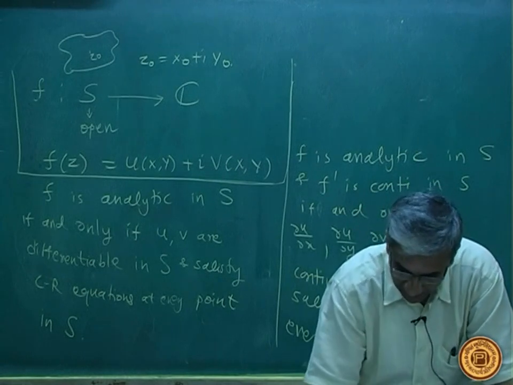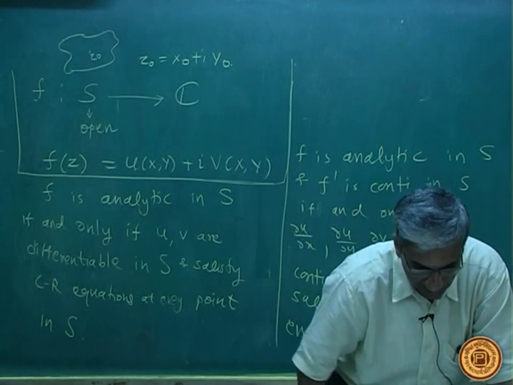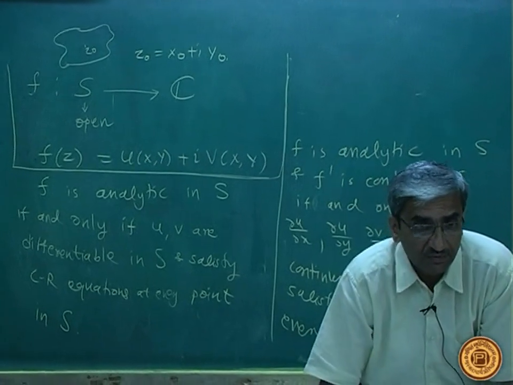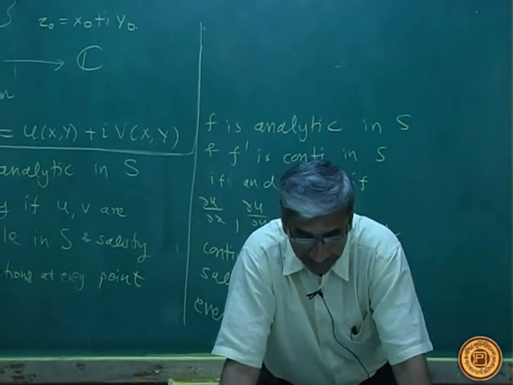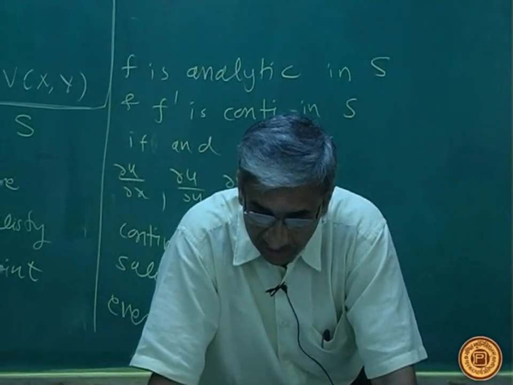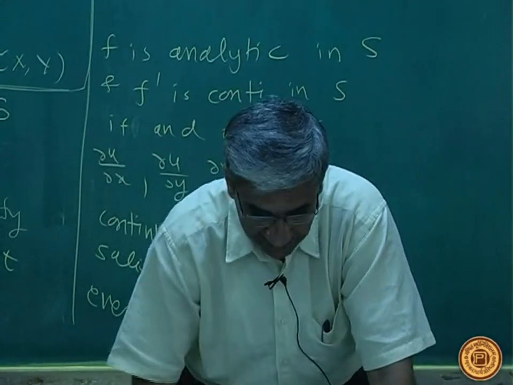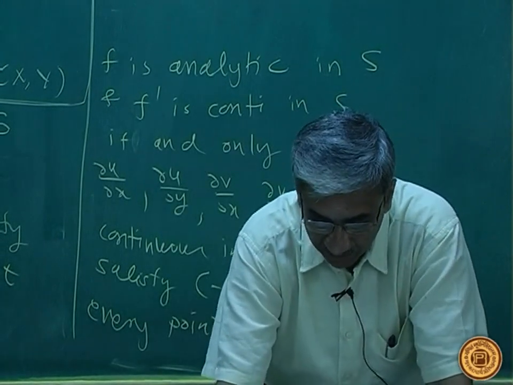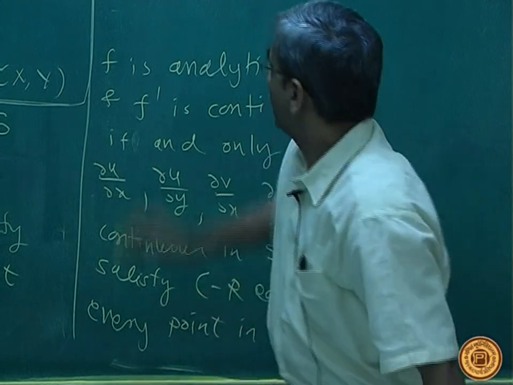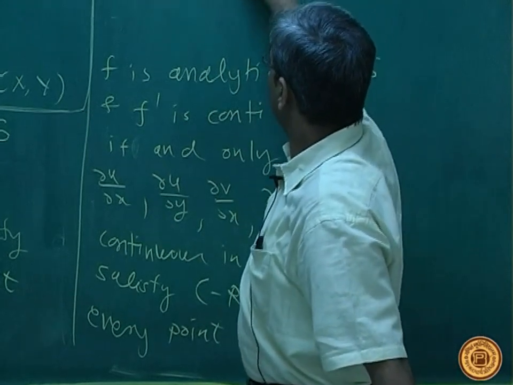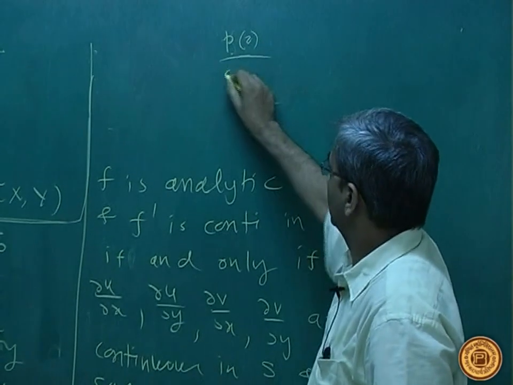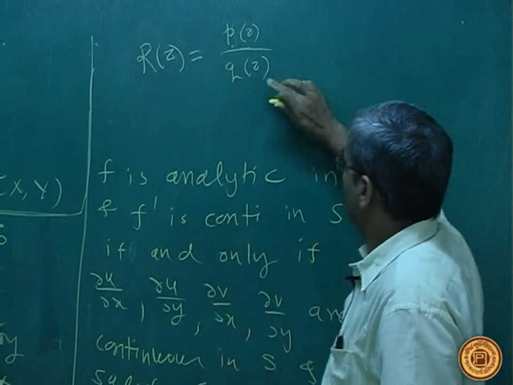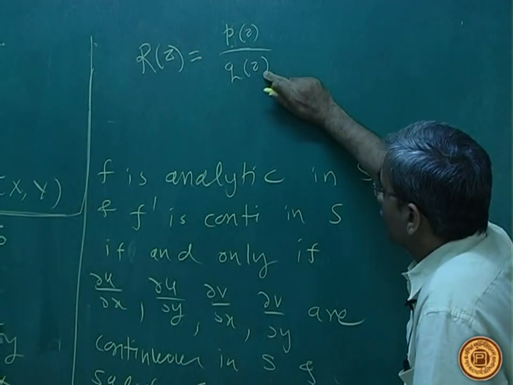Okay, now come the examples of analytic functions. You see examples there. I have already discussed the first two examples, that is, a polynomial is an entire function and a rational function is analytic in the complement of a finite set consisting of zeros of the polynomial in the denominator. So if you have f by g, that is p(z) by q(z), that is a rational function r(z), then except for the zeros of the denominator,